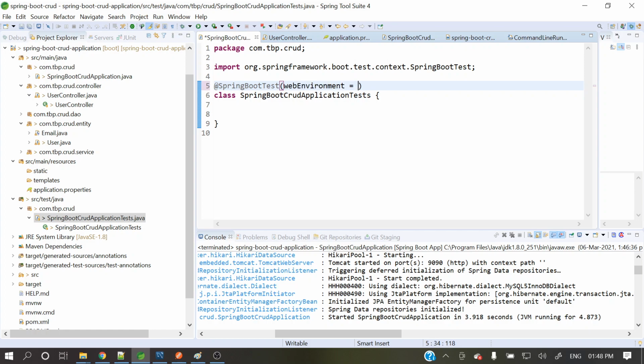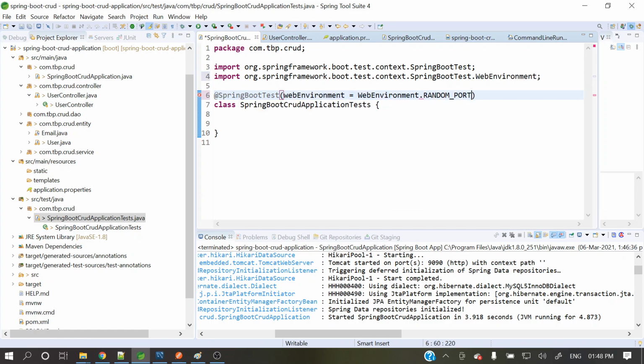a web environment: webEnvironment equal to WebEnvironment.RANDOM_PORT. The application will run on some random port. Now we need this port to hit the application. What will happen is that the application context will be loaded and our application will be deployed into the embedded Tomcat server on some random port. Once the application has started and the Spring context got loaded, what we need to